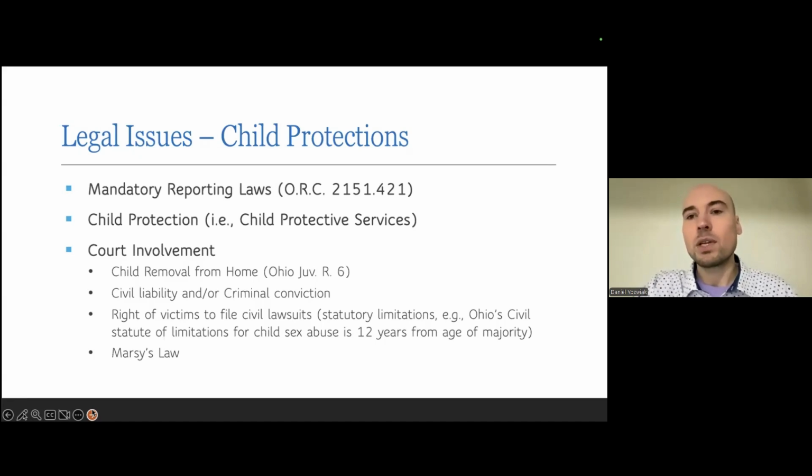In terms of court involvement, when we're looking at neglect and abuse, one of the first things that happens when it is determined that there's an immediate threat of harm to a child is what's called Ohio Juvenile Rule 6. That is when a juvenile is actually removed from the home pursuant to court order or the order of a law enforcement agency to prevent immediate harm. And if there are other children in that home, those children can also be removed because it's not necessarily just one child that is being neglected. The issue may have been detected with that one child, but it's often extended to other children.